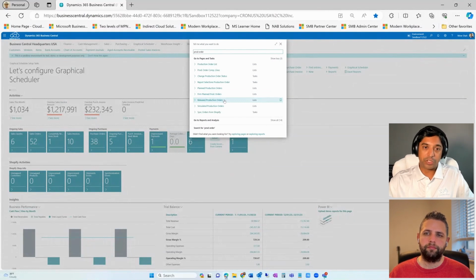At which point you change the status to what we call a released production order. The released production order then gets the production order out to the plant. You print the traveler, you begin the first operation step, you pick raw materials that are necessary for this production order, and you go through that production order process and ultimately output whatever item you're manufacturing on that production